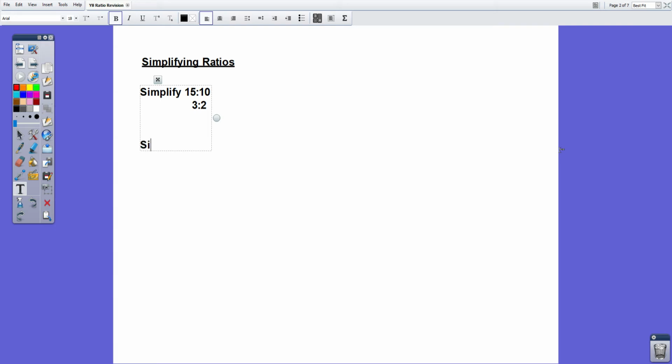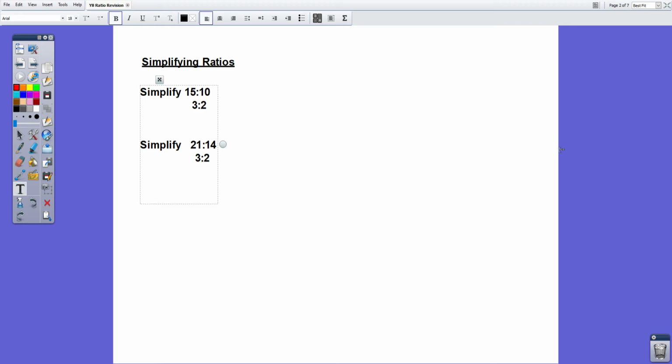Let's do another one. Simplify 21 to 14. Now this time we look through our multiplication tables, we look through the facts that we know. They're not in the 2s, they're not in the 3s, they are both in the 7 times table. How many 7s go into 21? 7, 14, 21. 3 times 7. How many 7s go into 14? 2 times 7. Again, we get the answer 3 to 2,